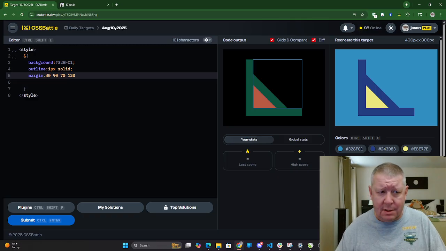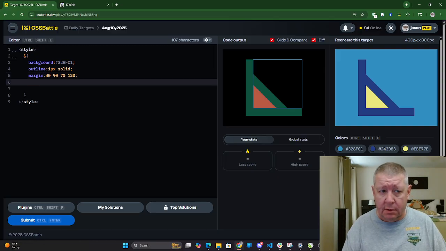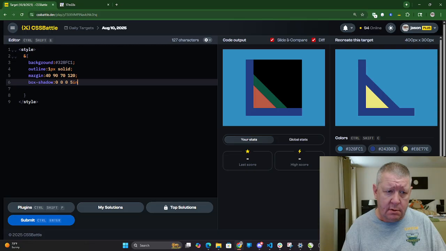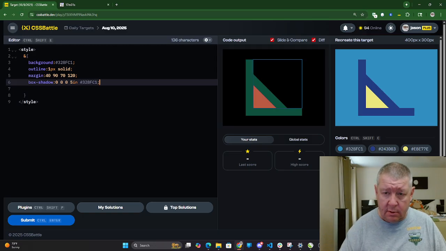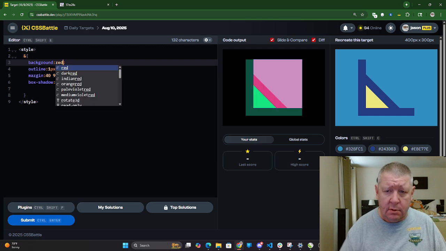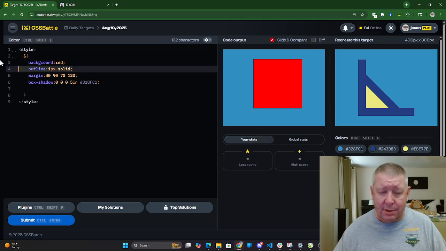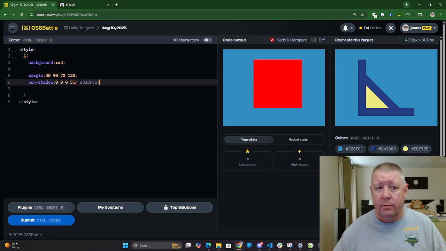That's maybe not exactly right, but some of that's because I have an outline. All right, and then I'm going to box shadow 0, 0, 0, 5 inches, and then it's going to be this color, which we're not going to see anything. I'm going to make my background red for a minute, just so I can see what I'm doing. All right, let's see what we have. That kind of looks like what I think I want right now. Now we just need to work on the